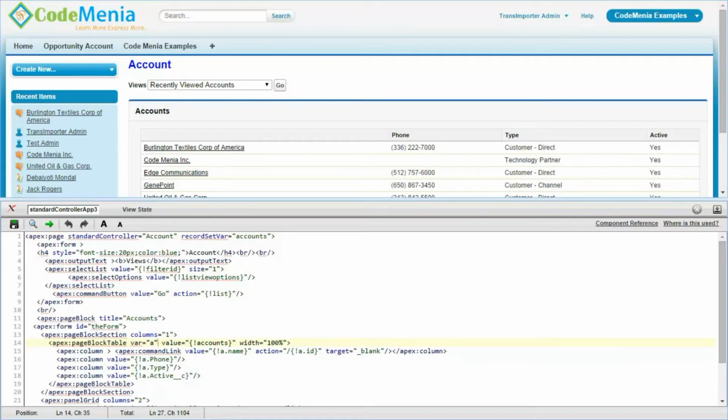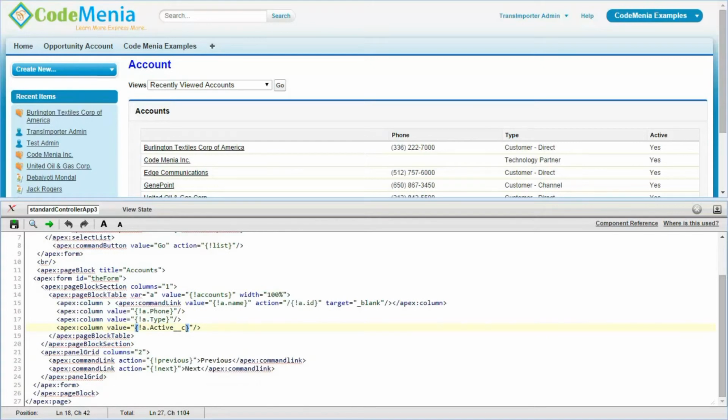Like this we can display the records and create one standard-like Visualforce page for a particular tab or a particular object based on our requirement.